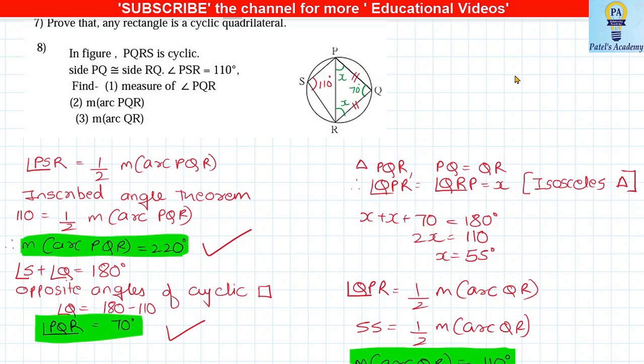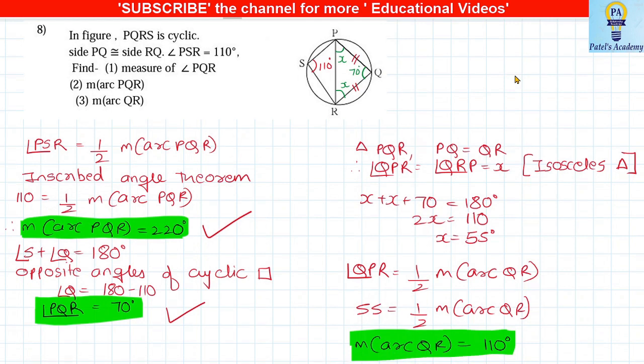Okay, now what they have given is the two chords are equal. See the figure, PQ and QR are given equal. So it is an isosceles triangle. So since it is an isosceles triangle, I can have two angles equal. Okay, so I'll take those angles as x and x. So x plus 70 is 180. After I shift and I find, I get x as 55. That is this step, x equals to 55 degree.